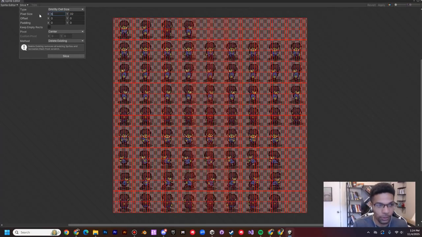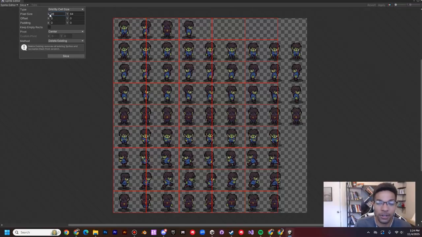So basically the goal here is to fit each sprite in a red box. If you have the red lines going on top of the sprites or anything, just drag your mouse over the X or the Y until it looks pretty close. And if it's a well-made sprite sheet, it should be something like 16 by 16, 32 by 32, 48